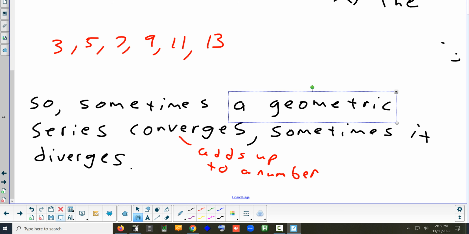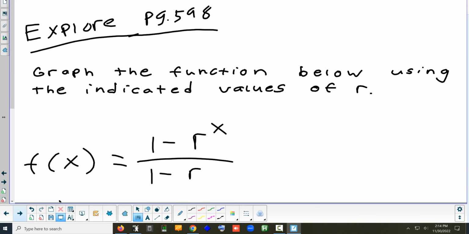So what do you think the R value would have to be under to make the numbers get smaller each time you multiply them? It has to be under 1. Yes. If the R value is under 1, then what you're adding each time gets smaller. What about if the R value is bigger than 1? It's going to get bigger. So that's the difference